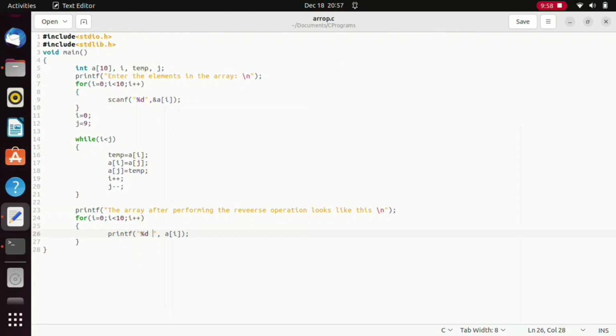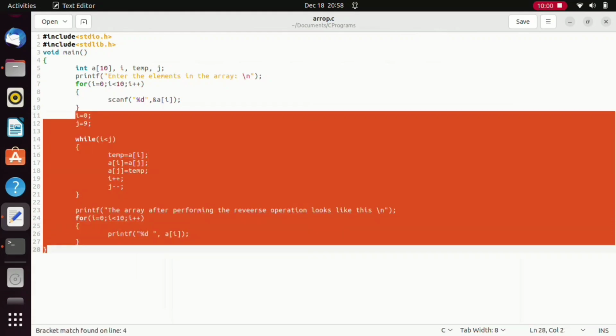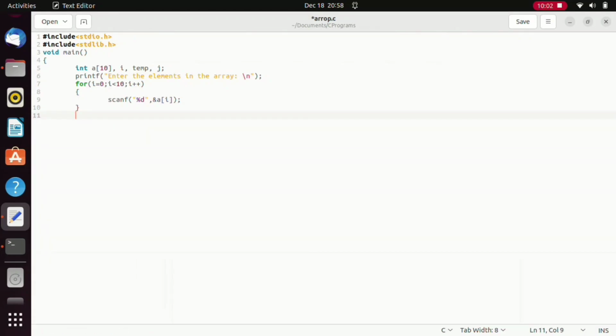So we should remove all of this. Now we need another variable, a count variable. Count is 0 in the starting position. Now we have the array and we need to perform the operation for the prime number. So again, to perform this operation, we need a for loop. Again, for will run from i equals 0, i less than 10, and i plus plus